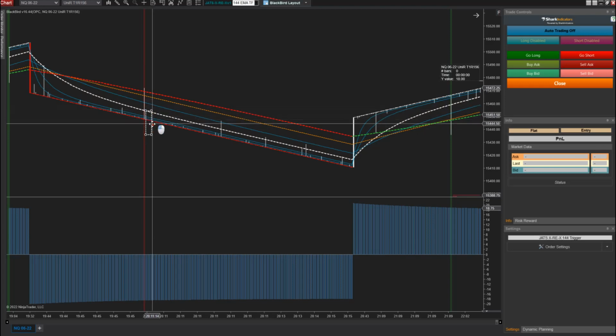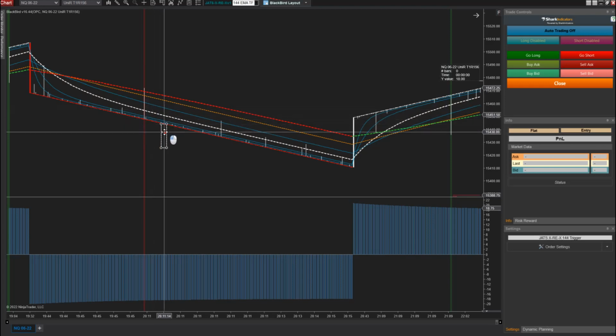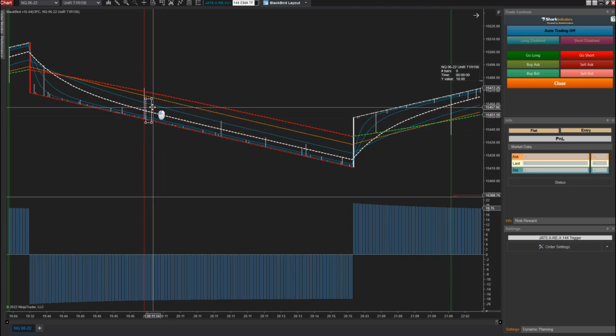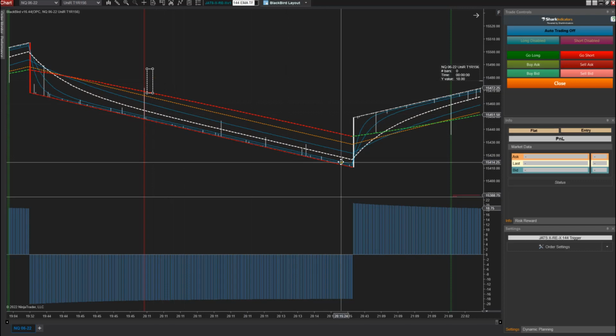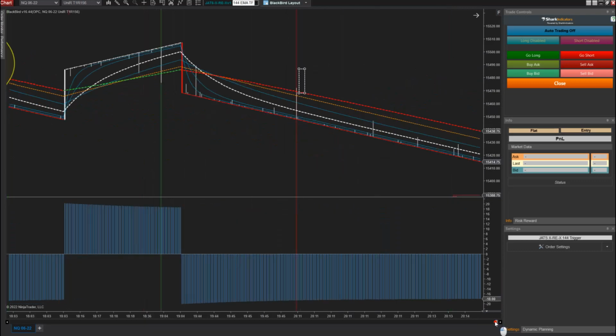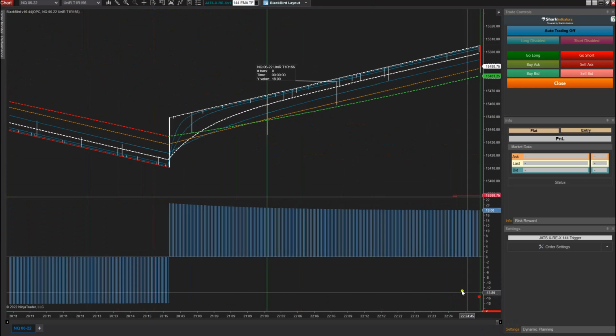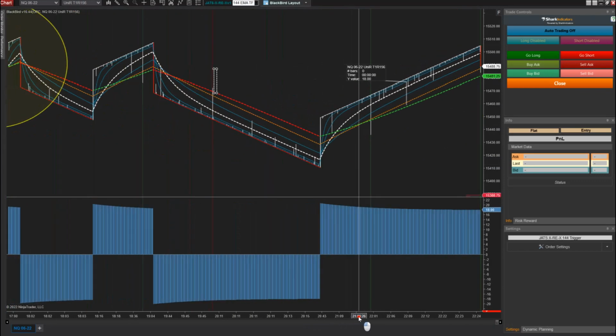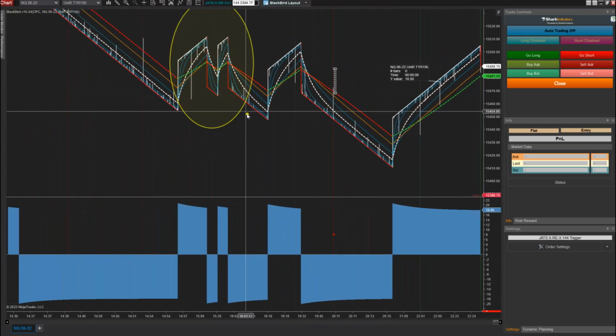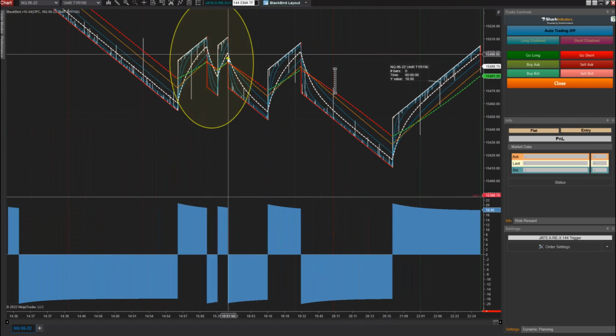Just pile driving it down to your target and make it even more lucrative. But the trick is then to turn the algo off and not let it chop you up, because it can go sideways and chop up and down in these ranges, especially if you have the wrong distance to set your bar size to